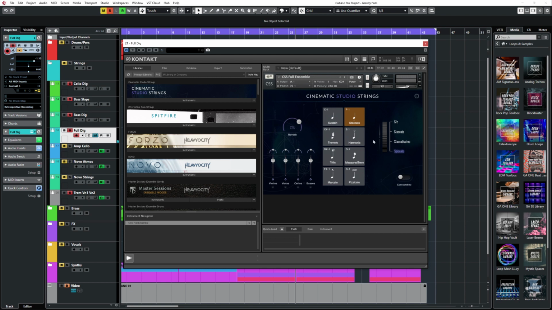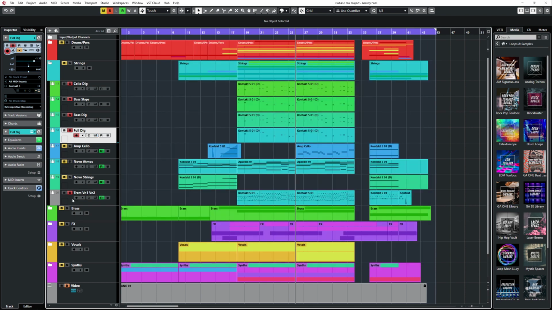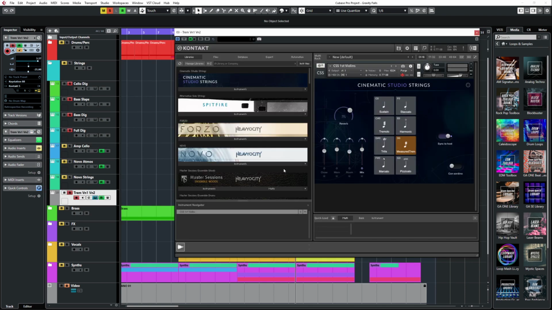So I just added all that together, and then along with the tremolos. Again, this is from Cinematic Studio Strings. This is the first and second violin playing measured tremolos, which I have synced to the tempo of my DAW, which is Cubase. And so what this does is it actually plays two notes back and forth so that you can get the nice sounding